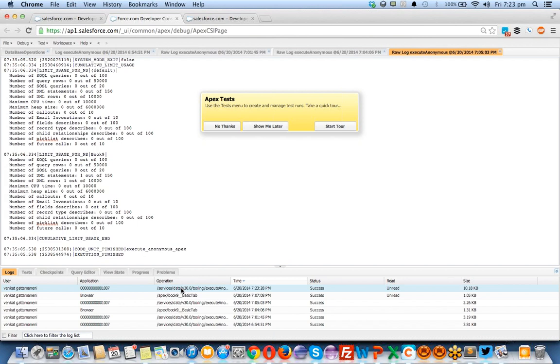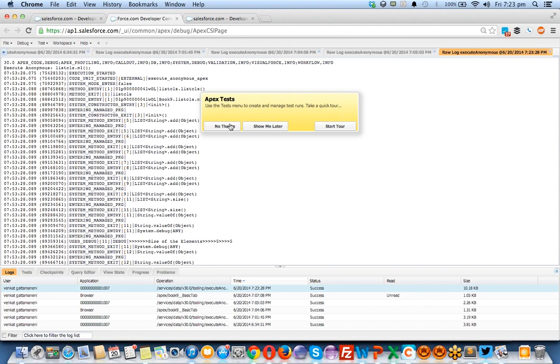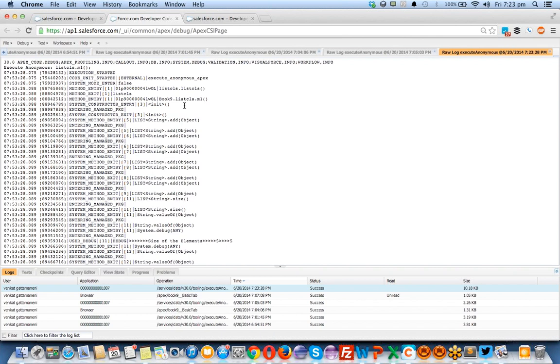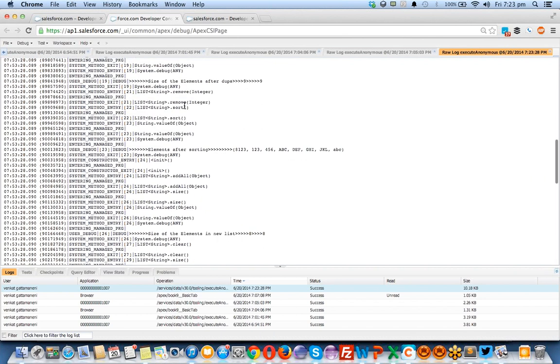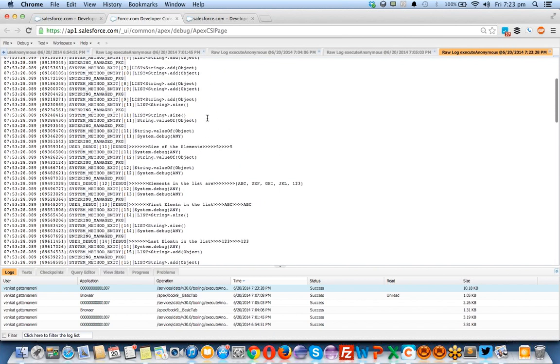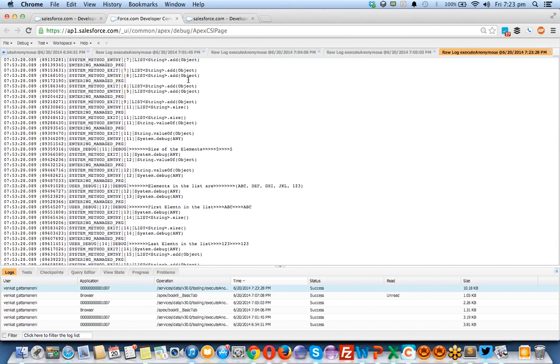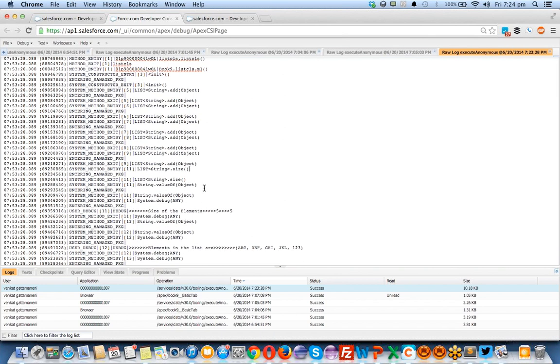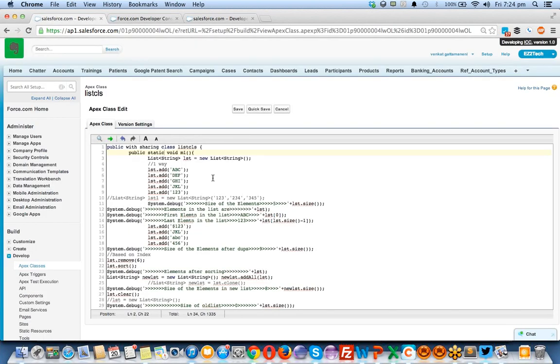This is the new execution which I've done. Open raw log. Yeah, now it's here. This is our raw log. If you see, there's a lot of log now. Earlier it was a very small log, because here there's a lot of log with, see, I'm adding a list of items. I'm adding to the list, add object, add object, add object. I'm adding the strings here around 5 times. Okay, and I have commented the other list creation, something like this.